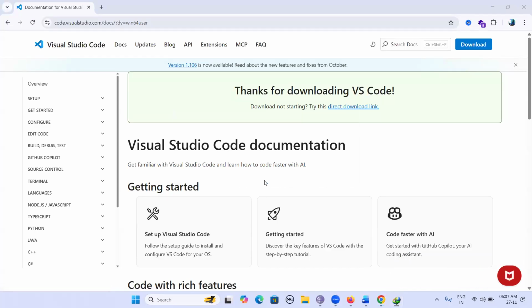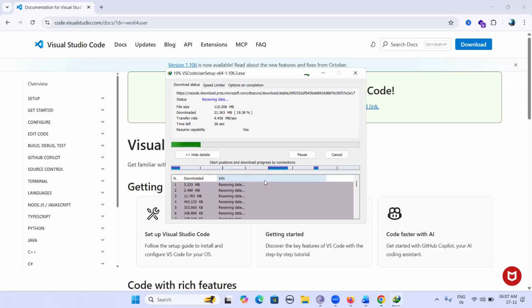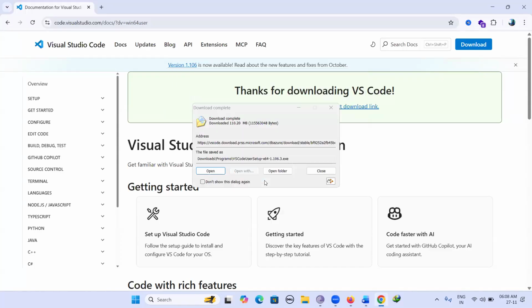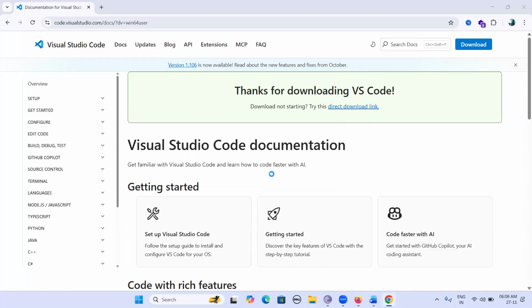Click on start download. Yep. Open the folder